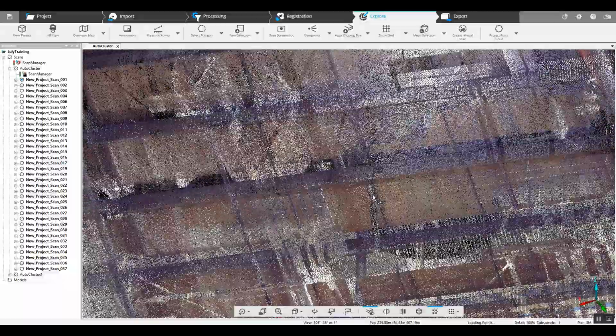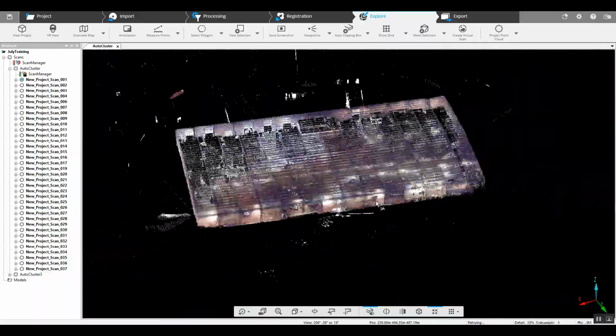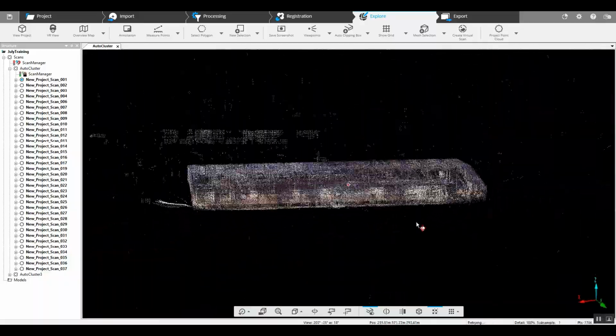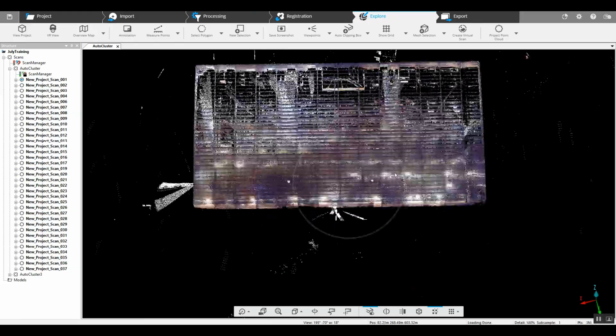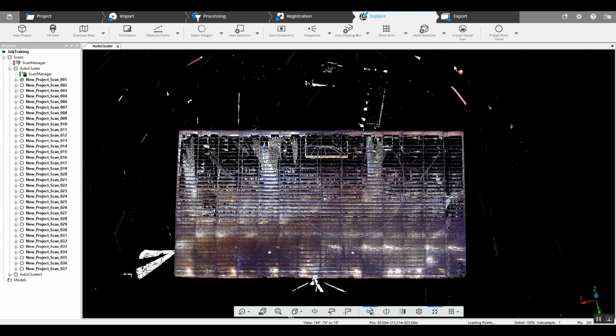Quite honestly, it's very difficult to see what a lot of the detail is inside of the building if you're just going to look at the full point cloud. So what we're going to do is create a clip box, and we're going to get rid of the point data that we don't need to be looking at right now. So we go to our auto clipping box option,